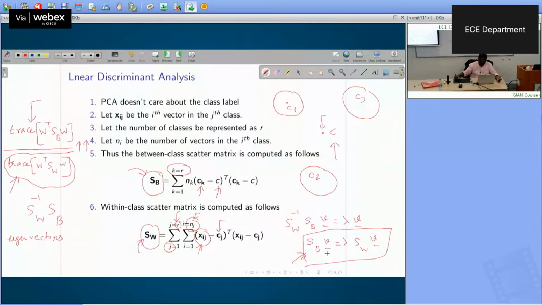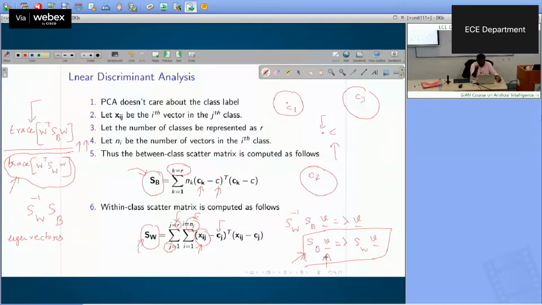This expression, we need to find out this V here, right? Understanding our purpose, we can say that V is going to be what? Of course, it's true also, but SW need not be invertible. In that case, we have to attack those problems. But still, V is going to be that eigenvector corresponding to the matrix SW inverse SB. Got it? So you have to find out the between class scatter matrix and within class scatter matrix, SB and SW,